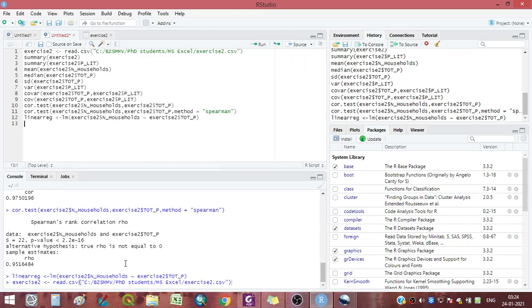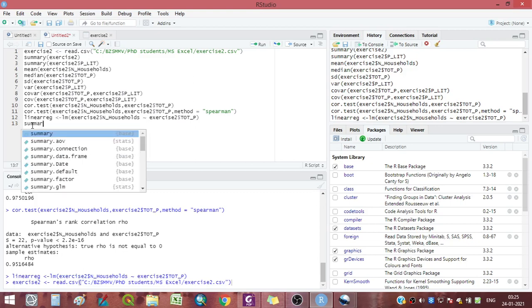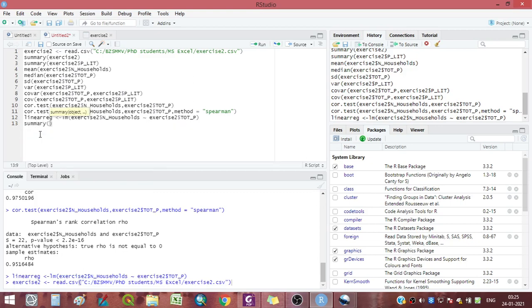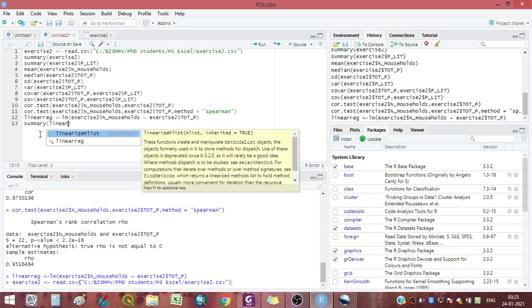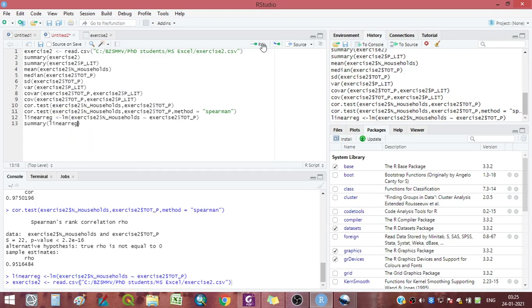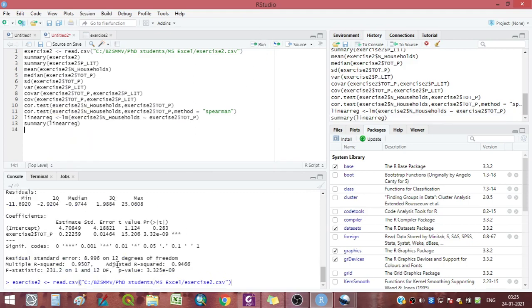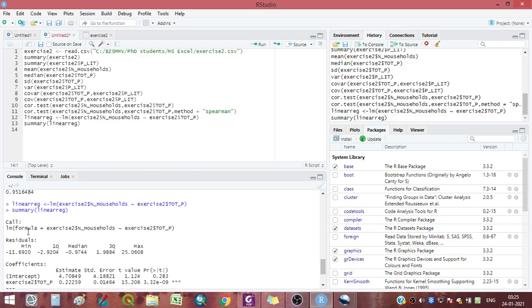So it has shown me that linear regression is this, and then I write summary linear reg. Okay, and then again run. So here it has given me the complete linear regression